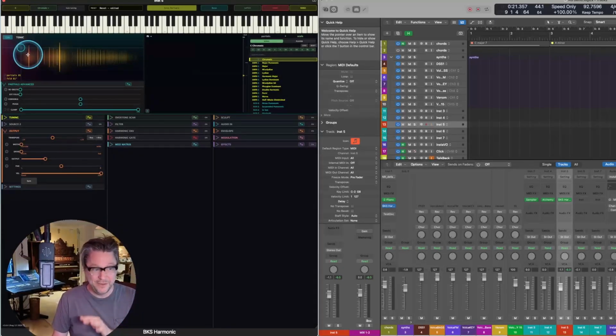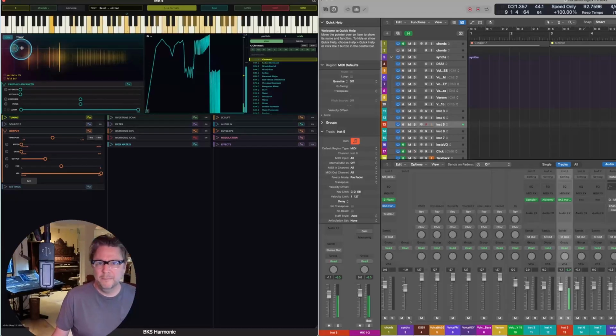But before I do that, I kind of want to talk about some of the other stuff that this synth does, because this is probably one of the most unique features, but this is the feature that allows you to then do a lot of the other really special stuff it does. And I'll keep my eye out for questions. It doesn't look like I have any, but